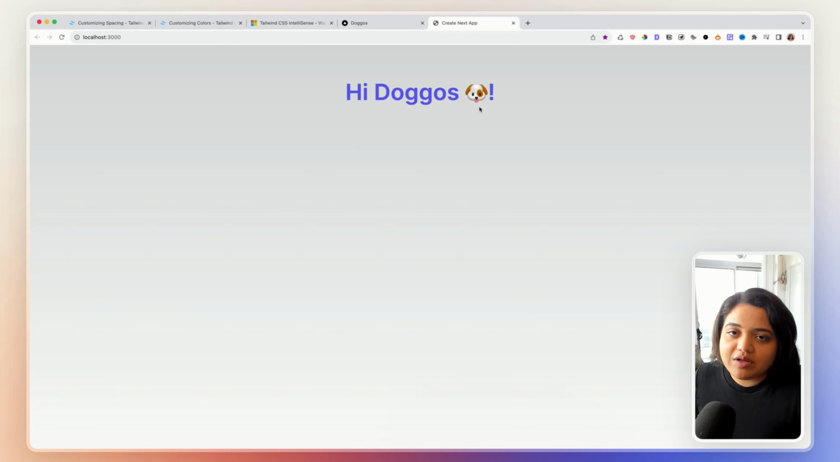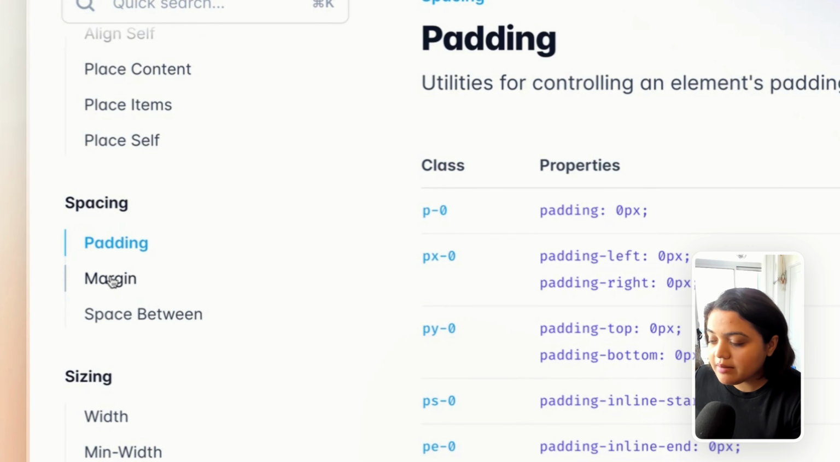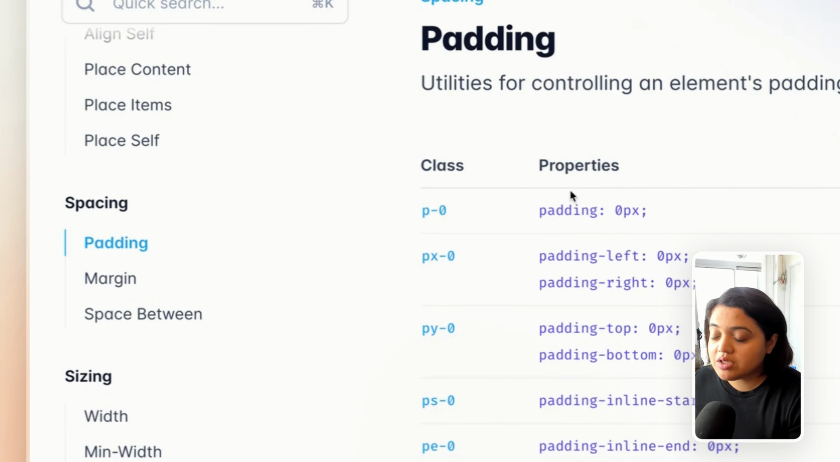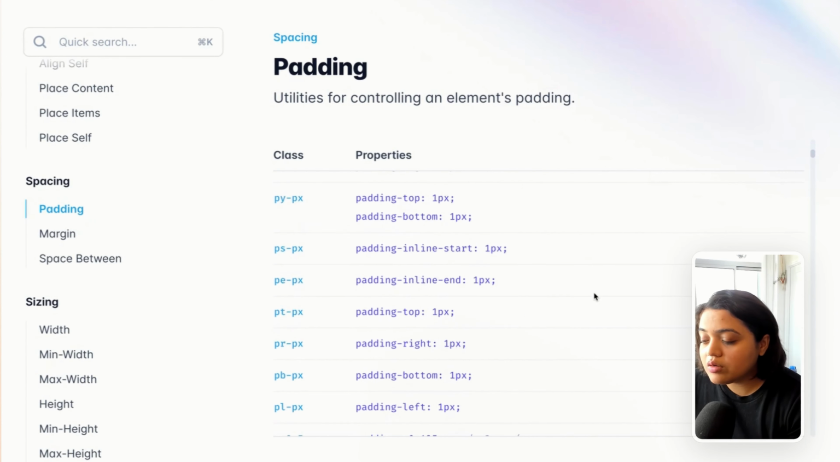So this is the beauty of Tailwind in general. Now let's learn about spacing. So spacing as in padding, margin, or space between, just like we see in the Tailwind docs. Now, again, padding, margin, and space between are essentially utilities that Tailwind provides us, and you can control an element's padding through this. And these are all the utilities that